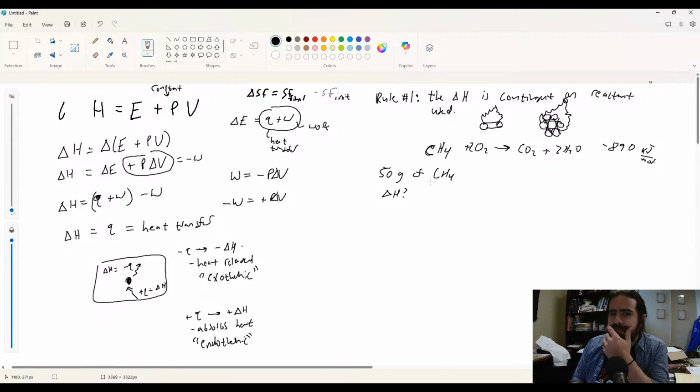Now, the way I would approach this problem is I have to first look at this guy right here. Our change of enthalpy usually is given to us in terms of kilojoules per mole or joules per mole. In this case, we know that every time I combust 1 mole of methane, I'm releasing 890 kilojoules. So what I have to do,